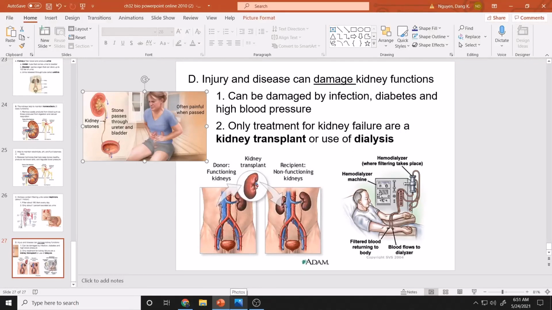So you might run into problems with your kidneys where they're not doing their job efficiently. So let's say you don't have a pair of functional kidneys, or they're not working properly. You have a low quality of life where you have to undergo something called dialysis, where you go to a clinic and they hook you up to a machine that filters your blood. But this process takes about 6 to 8 hours at a time,